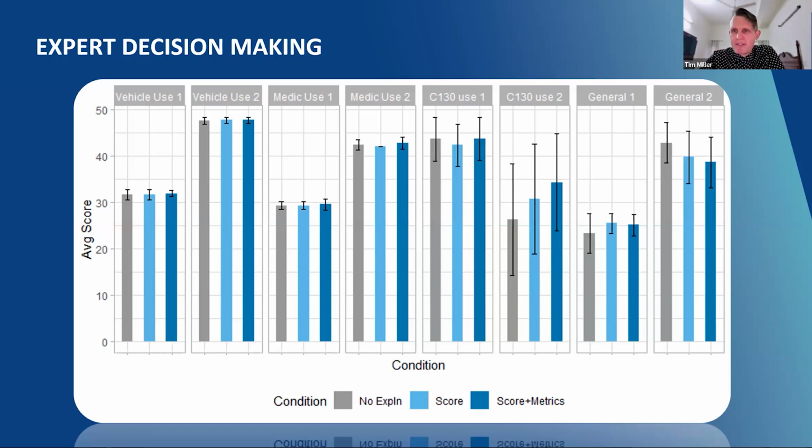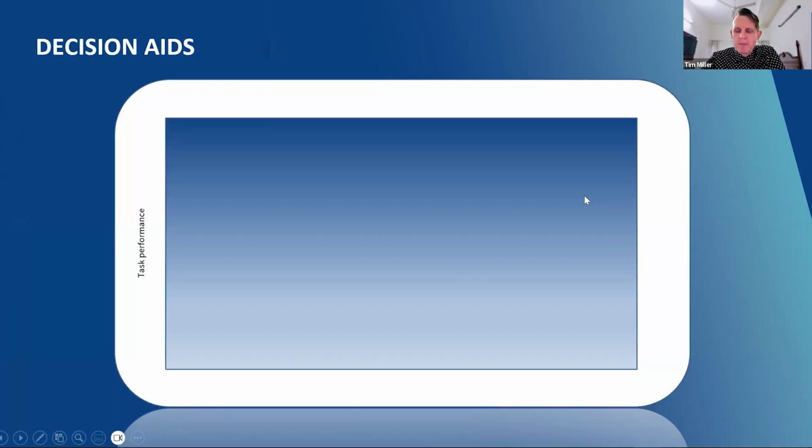Charlie had this really great study that he showed from JAMA here, that it's just really not improving people's decision-making a great deal. What we'd love to see is if we graphed the results of different studies, with some sort of task performance on the left, which could be diagnostic accuracy or something like that, we have a person who can do a reasonably good job. They're an expert, and this quite often we see.